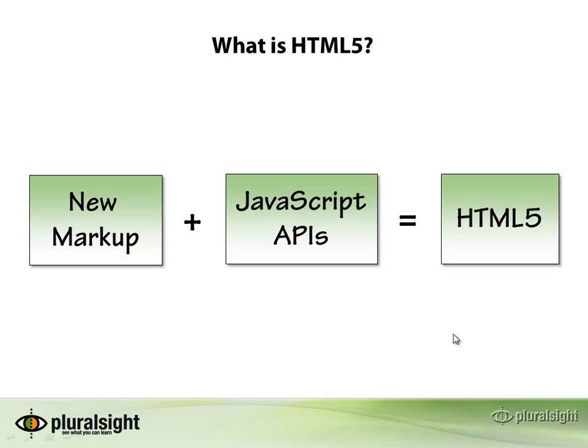There's a whole host of JavaScript APIs, and I'll take you through a brief introduction of each one in this module so you have an idea of what really makes up HTML5. The interesting thing is that when you talk about HTML5, really the JavaScript libraries and the JavaScript APIs make up a bulk of what HTML5 is and the functionality that's now available in the browser. So as we look through the code and go through the examples, you'll see that we're doing quite a bit